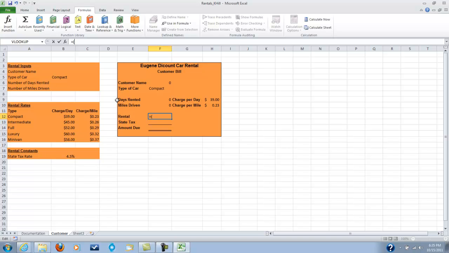So I'm going to open parentheses, and it says it's equal to the number of days rented, which is going to be right here in B6, times the charge per day, which is going to be, well, I guess I could have used this one too. Let's back up